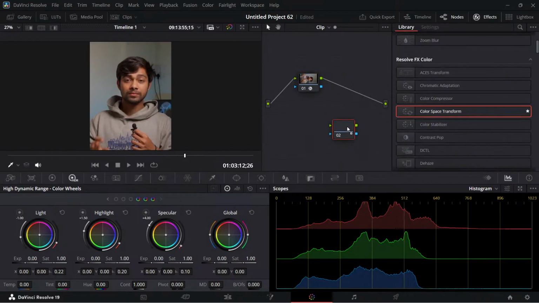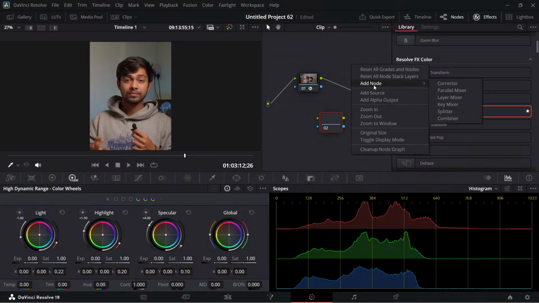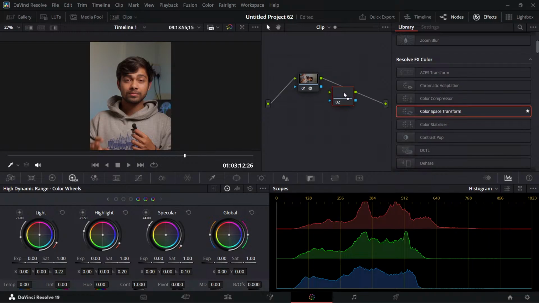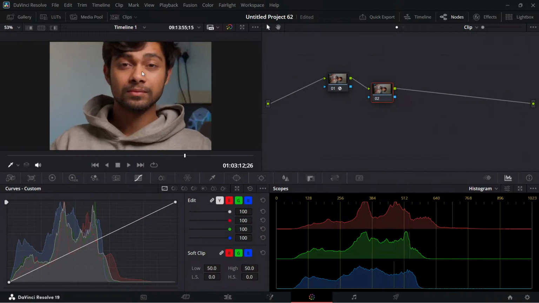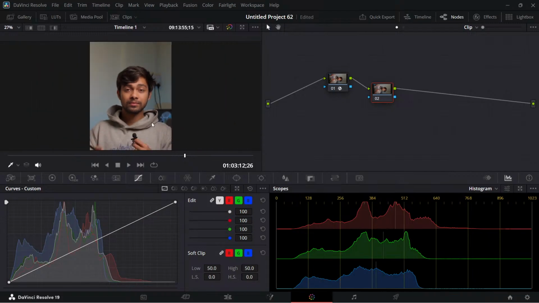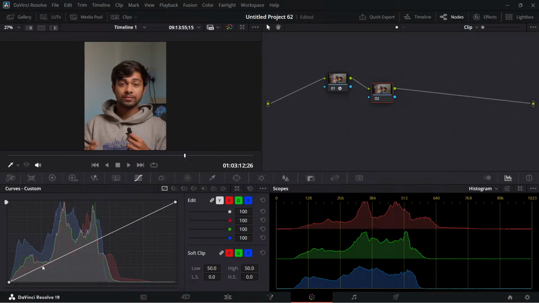Now I'll add another node. Just right click, add node, corrector, and I'll attach this node. When you take the node close to this node panel, you'll see this yellow line highlight, so it will snap onto your footage. Next, I need to add contrast to my footage because this looks very bland, if I might say. So one basic thing you can do to any video is just go to your footage,